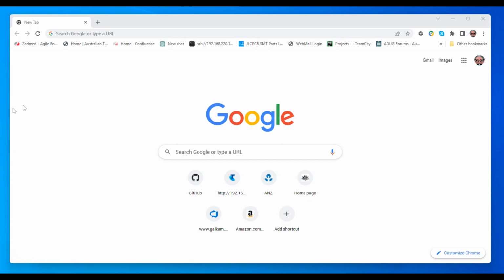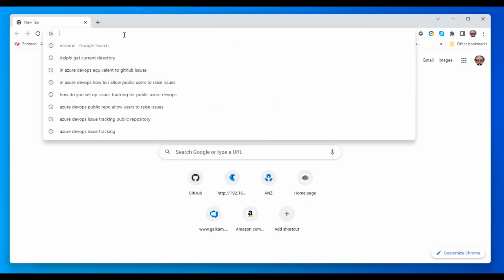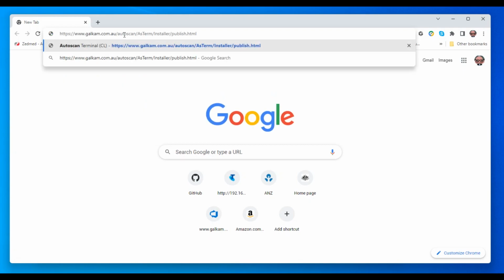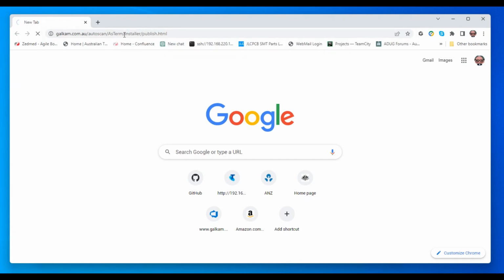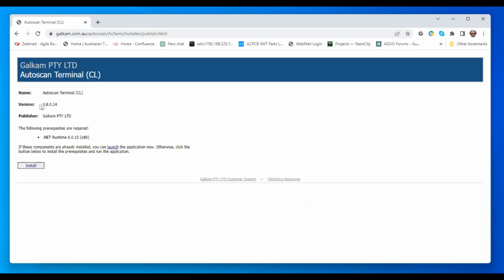So what we want to do first is go to the installer location. Now, at the moment, that is right here. So this is Autoscan, welcome.com.au, Autoscan, AS Terminal, installer, and to the publish page. So we're currently running on 08014. To install on any Windows 10 computer, remembering Windows 10 is required, click install, and that will